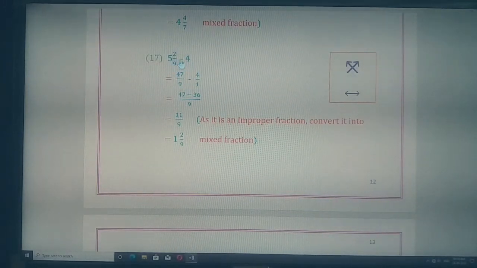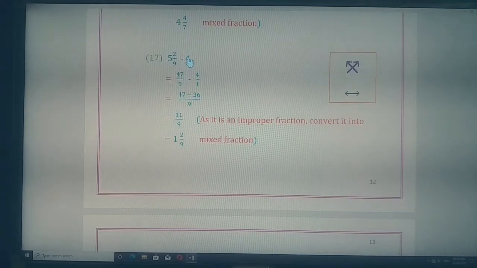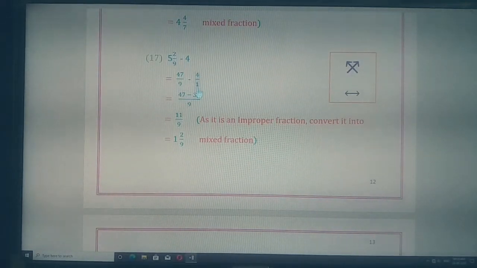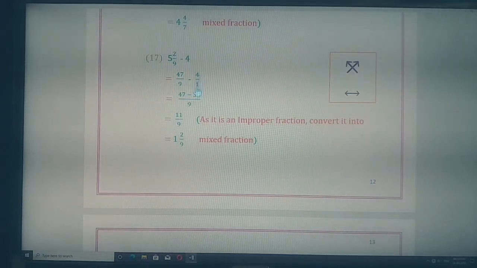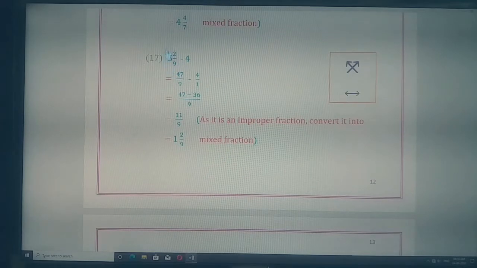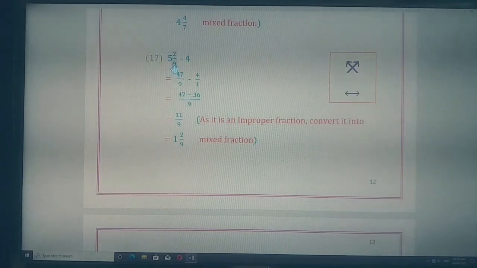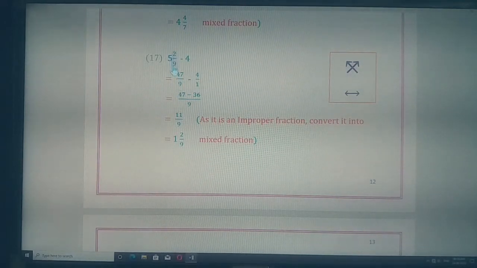So in order to solve both of them, we can write 4 as a fraction. 4 is an integer, so 4 can be written as a fraction in the form of 4 upon 1. So now 4 upon 1 is a fraction, and the mixed fraction 5 integer 2 upon 9 can be converted into an improper fraction. The denominator 9 is copied as it is, and in order to write the numerator, we have to use the